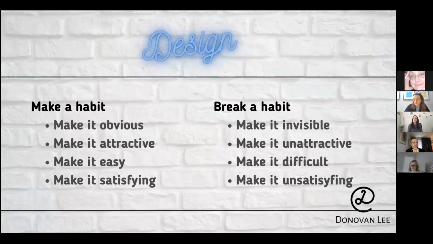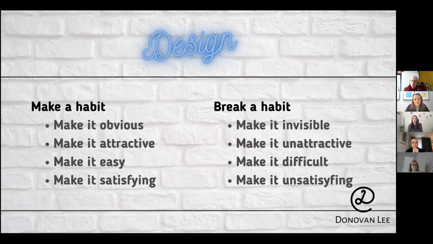So in order to learn how to break a habit, we must first just quickly look at how you make a habit. And on the left, you'll see there's the 4 laws of behavior change. So in order to make a habit, it's about making it obvious. So for example, if you're looking to drink more water during your day, make the cue obvious. So it might be 11 o'clock every day, I go to make a cup of tea. So beside the kettle, you have a bottle of water.